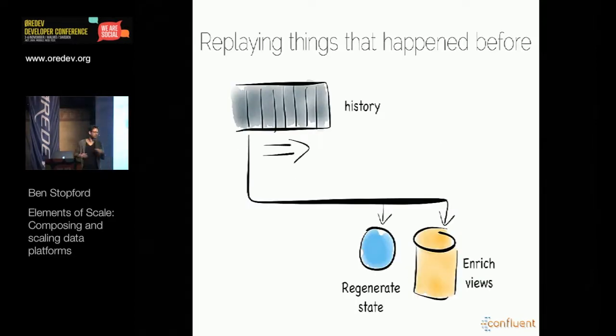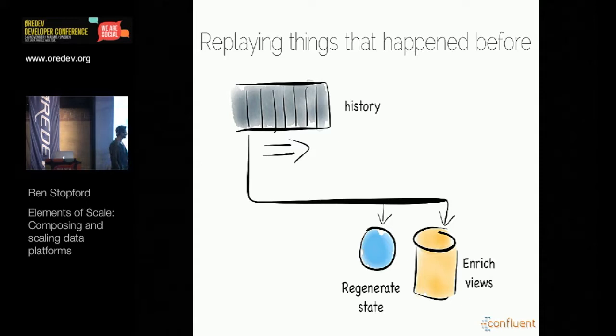We also really like this idea of being able to replay things that happened before. So rather than having to constantly checkpoint stuff to some media so that we can get our state back, the idea that we can read stuff from a messaging system, and we can go back in time and recreate our state again.